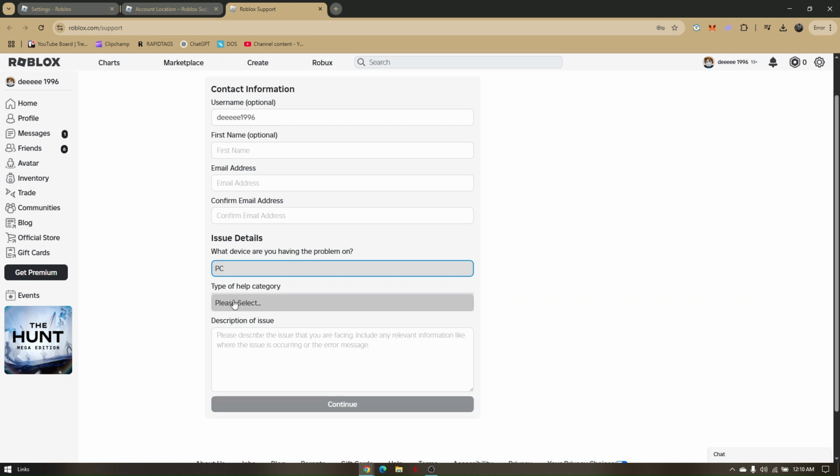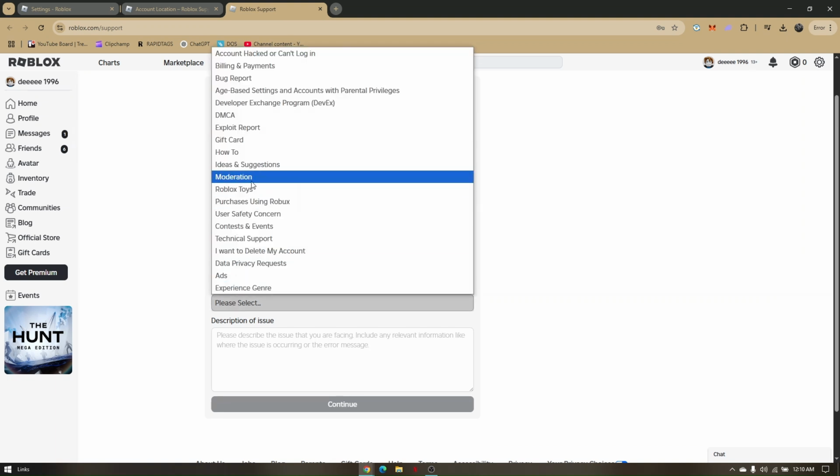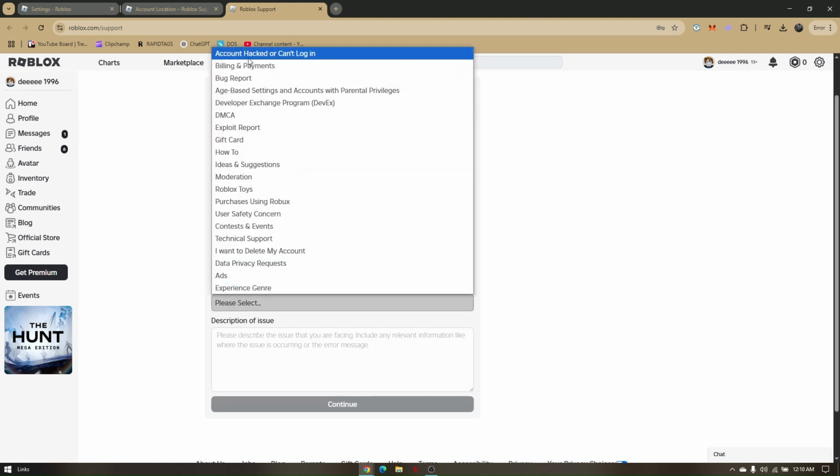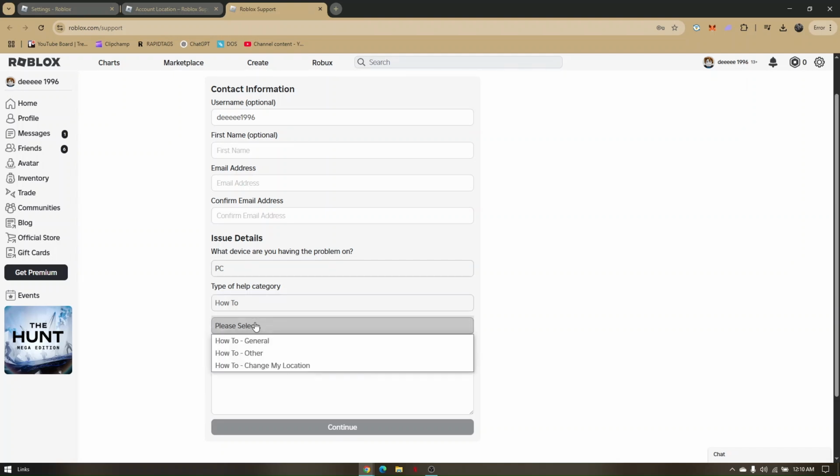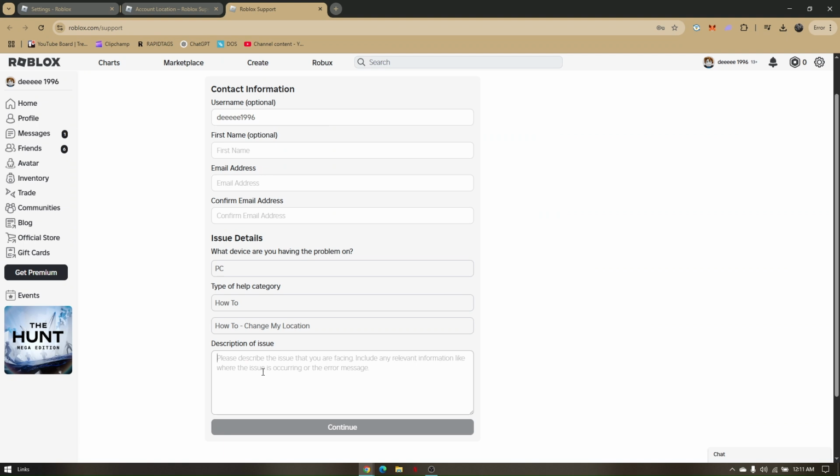You can choose PC and just choose how to in here, how to change my location, and you'll just have to explain thoroughly here that Roblox has incorrectly linked into a different location, and then just input the current location you want to be changed and just choose continue. You'll just have to wait for the Roblox support to get back to you once the location has